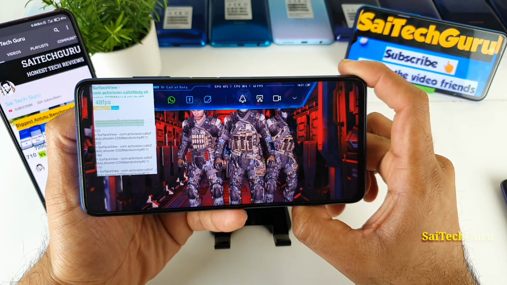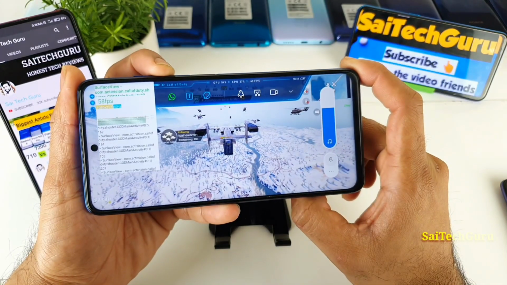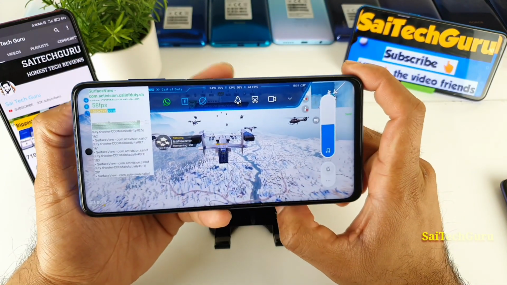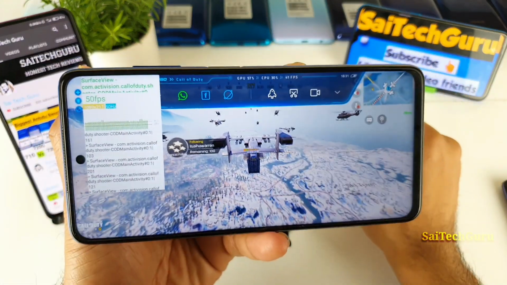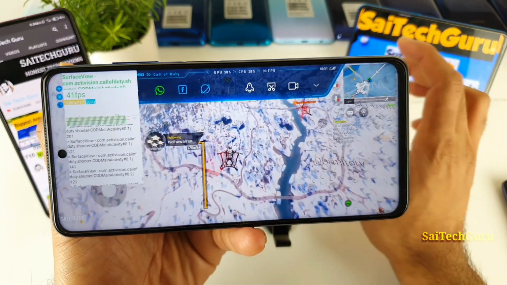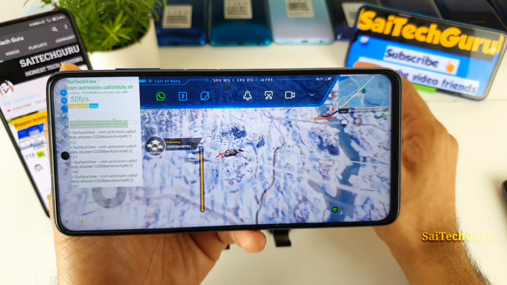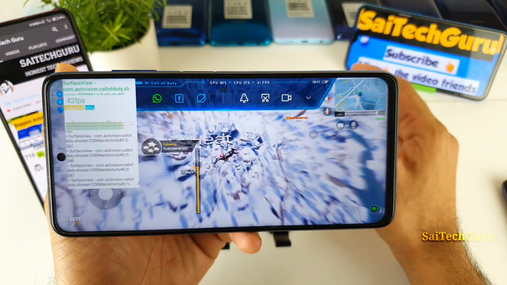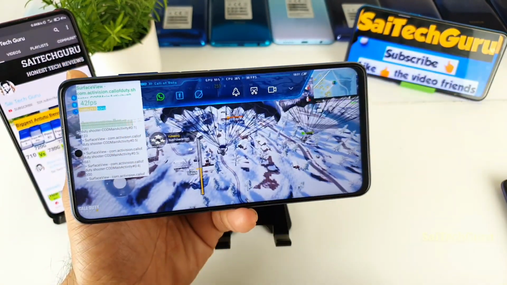You can see the FPS count, how much it's varying right now. With the maximum settings and everything turned on in the settings, 42 and 50. You can see the difference, how it's decreasing and increasing.